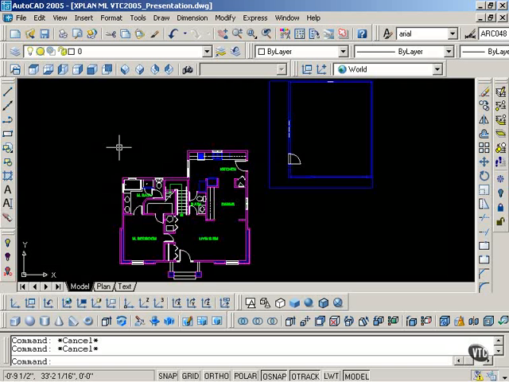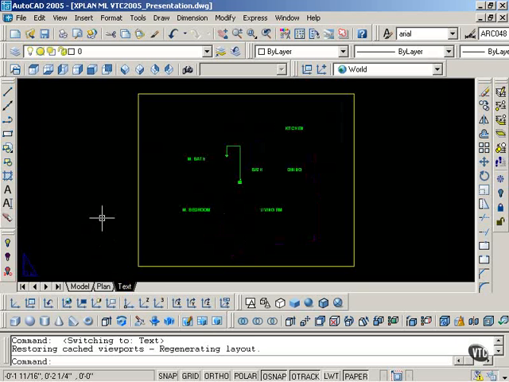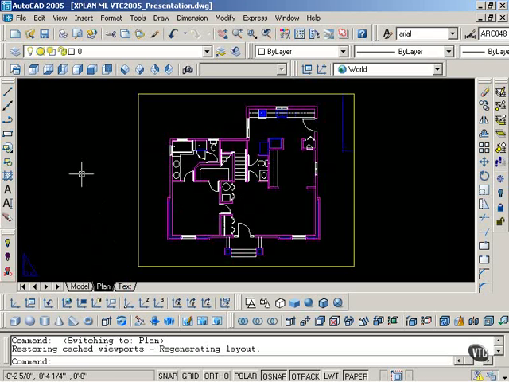I have gone ahead and created this presentation drawing. I have also gone ahead and created two separate layouts. The first one is the plan layout, and this simply shows all of the plan information. I have also created the text layout. This shows the text information separated from the plan. The reason for doing this is because I have to create two separate EPS files and then put them together